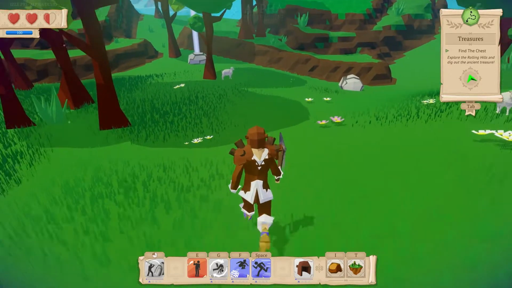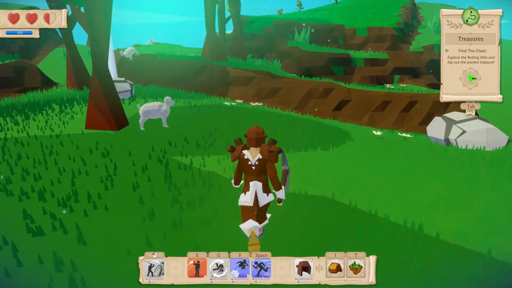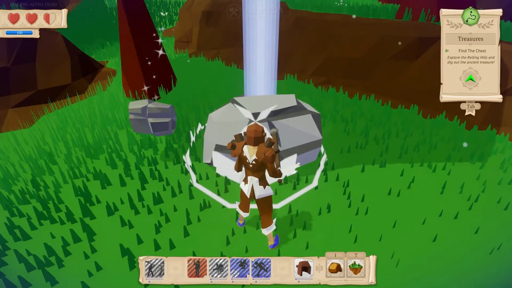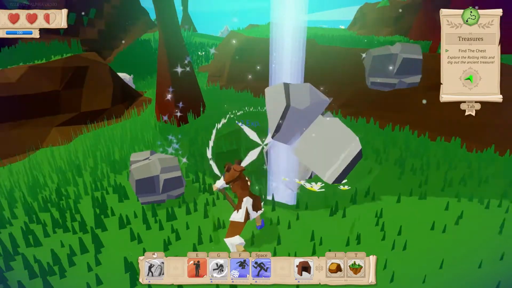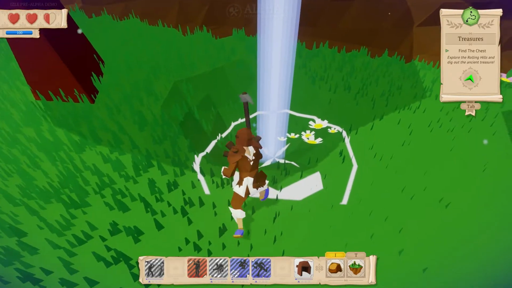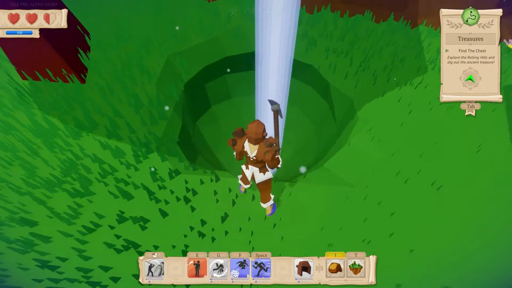But, right, explore the ruin and dig out the ancient treasure. This is fun. There's some rock. There we go, get some rock. So this is glowing, isn't it? Let's see where we can go. Just going to...